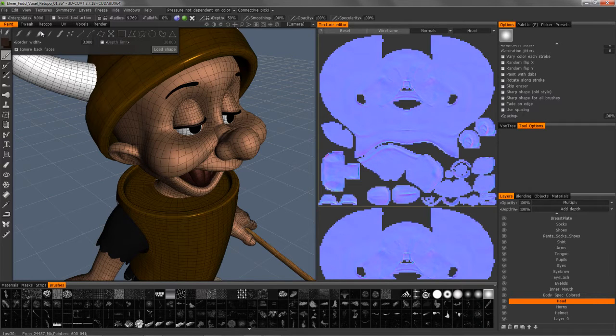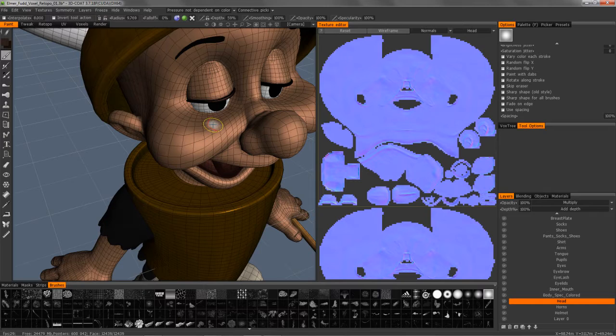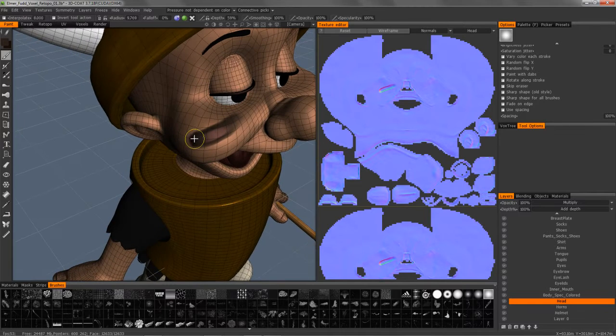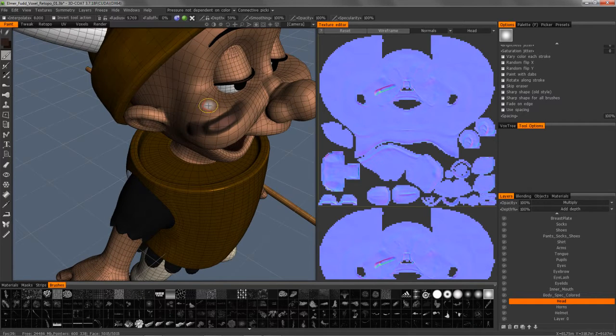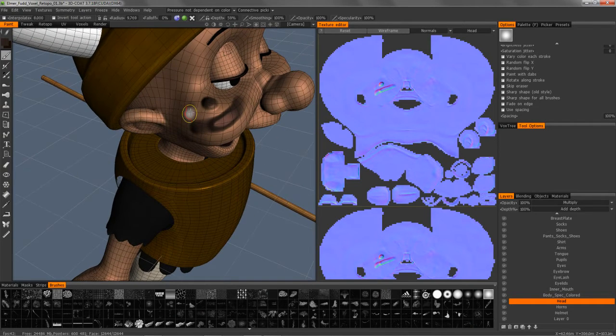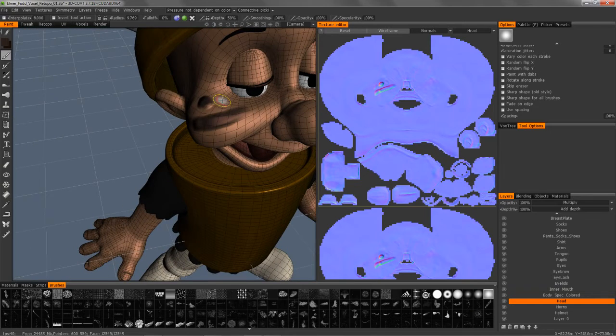Okay, so I'm going to undo that, and we'll go to the third brush, and you can see it has a bit of a fall off on the edges as well, but it's still a bit sharp tipped. Brush pressure modifies radius, depth, and the opacity. So again, I'll start off light, press really hard, go back to light again if possible. Okay, so pressing really hard, pressing lightly. Not as dramatic an effect, but